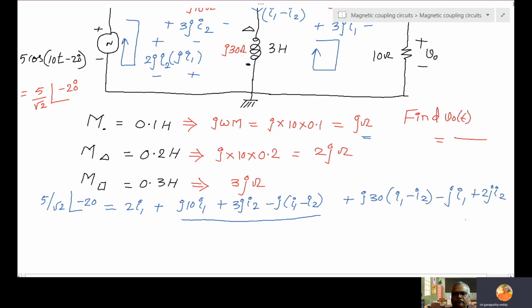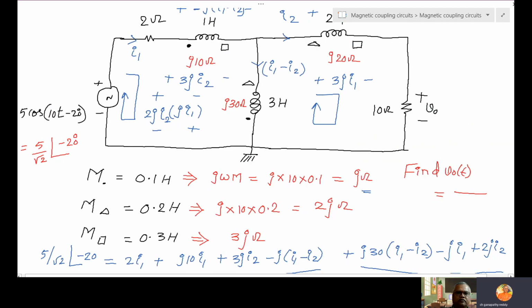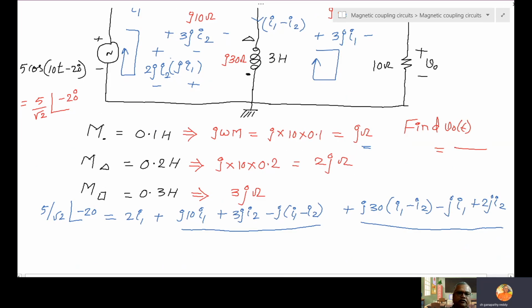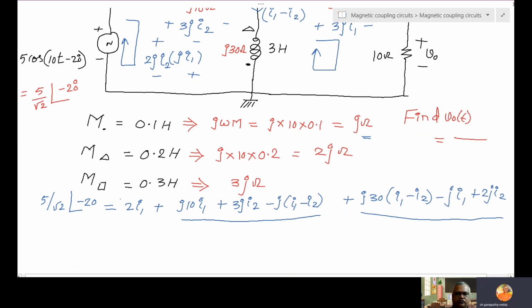So these three across 3 Henry coil. So sum of the voltages, here 3 terms, here 3 terms: 6 plus 2I1 plus 7 is equal to source 5. The same way, second equation,